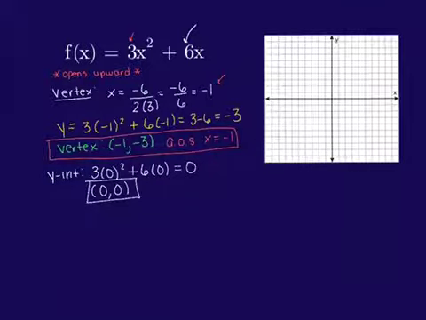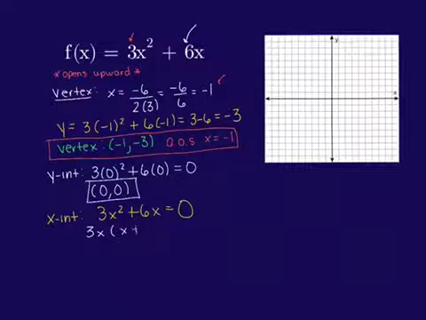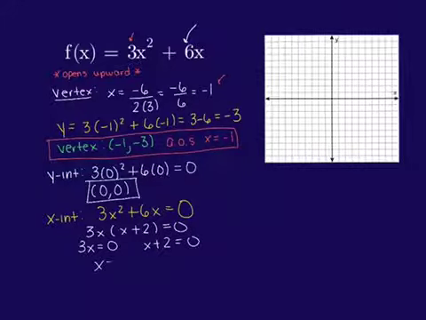And then to find our x-intercepts, we're going to take our equation, 3x squared plus 6x, and set it equal to 0. This is one we can factor using GCF factoring. So 3x times x plus 2 is equal to 0. So either this 3x is the 0 or this x plus 2 is the 0,